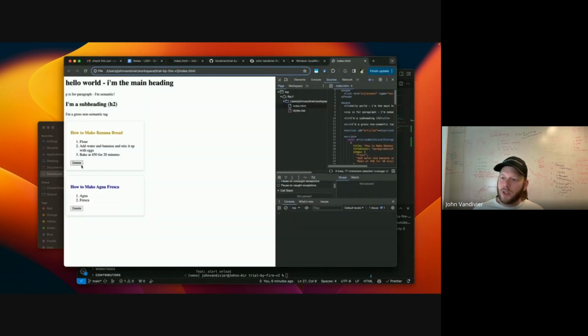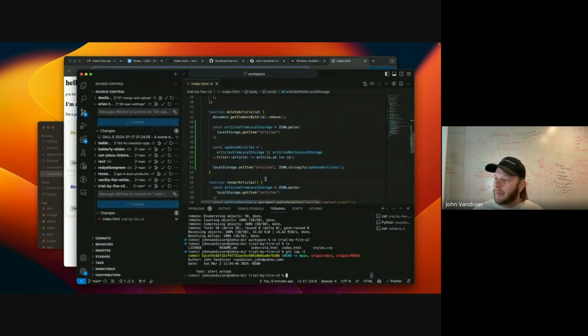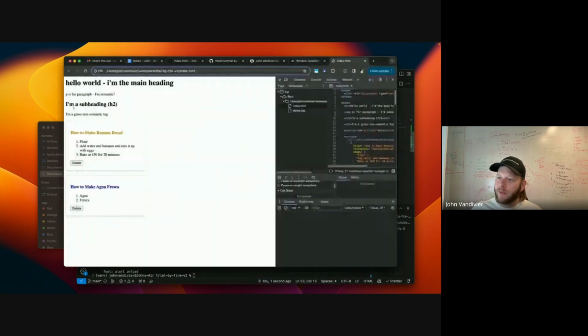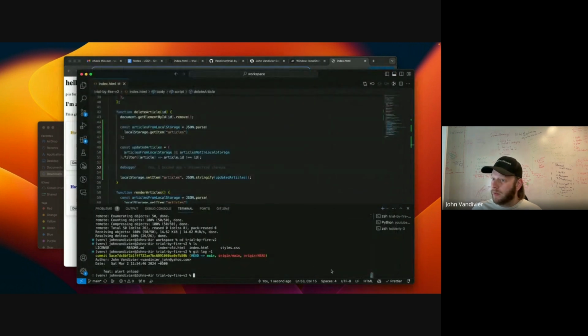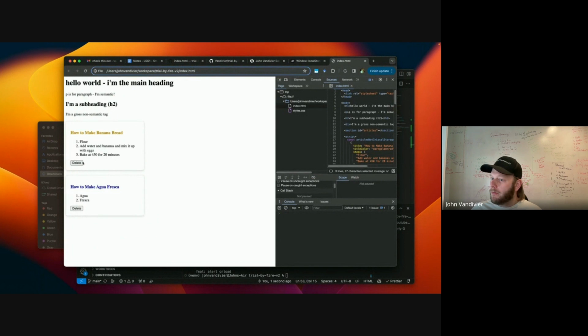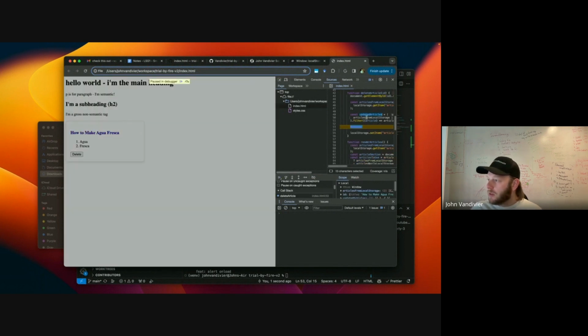All right, so here we are with 2. Now if I delete this, it's back. So my filter is somehow still not working. Let's see. My updated articles, there are 2. And that is because articles from local storage is 2. Now these 2 are how to make banana bread.